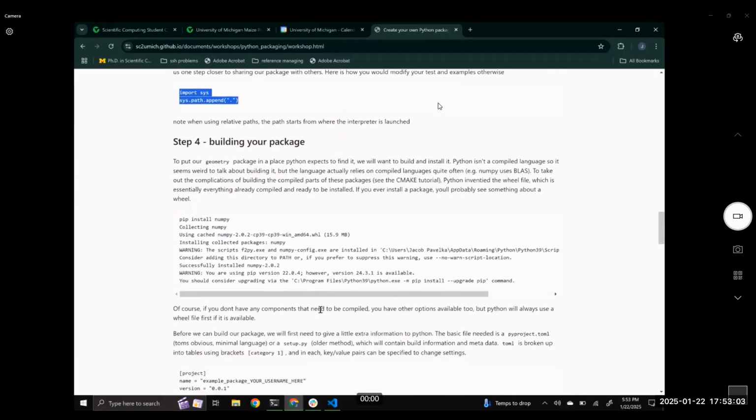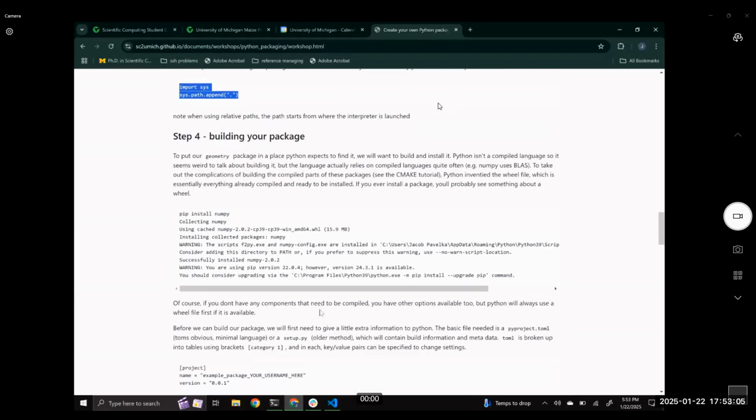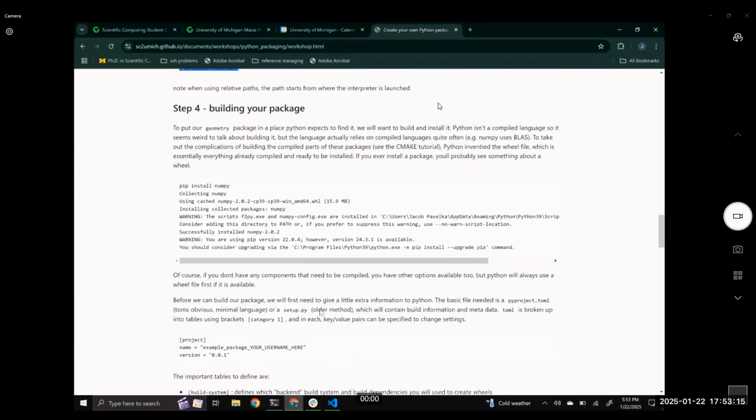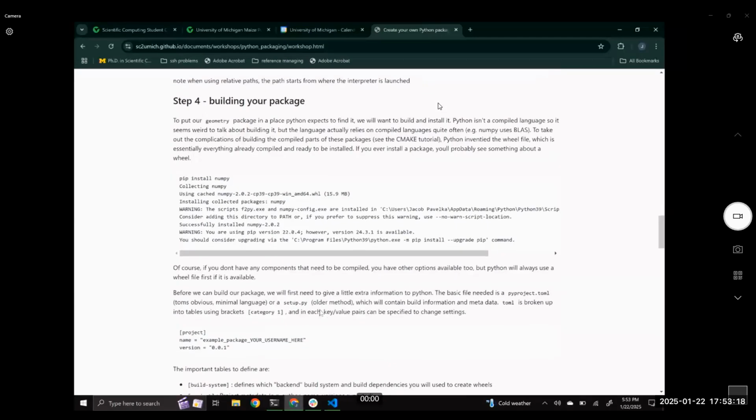But we're going to do both, because by default, most of the building operations will give you both, and the pip module prefers wheel files. So all we have to do to make our package buildable is make a configuration file, a pyproject.toml, which stands for Tom's Obvious Minimal Language. If you're using a different build system, you might need a setup.py file, but for the one we're doing, we're just going to need the